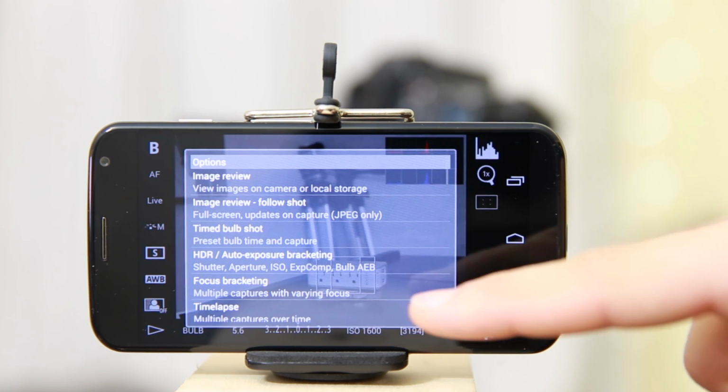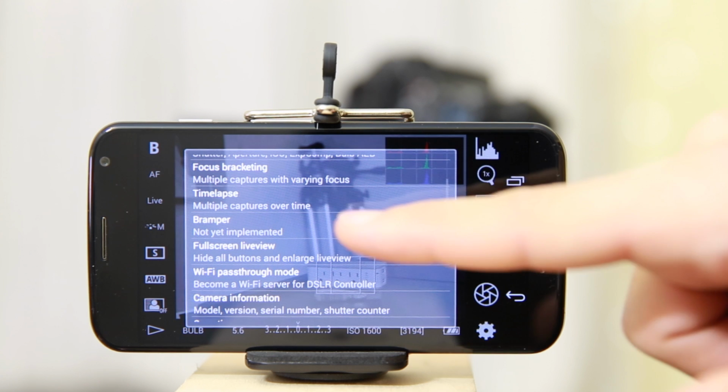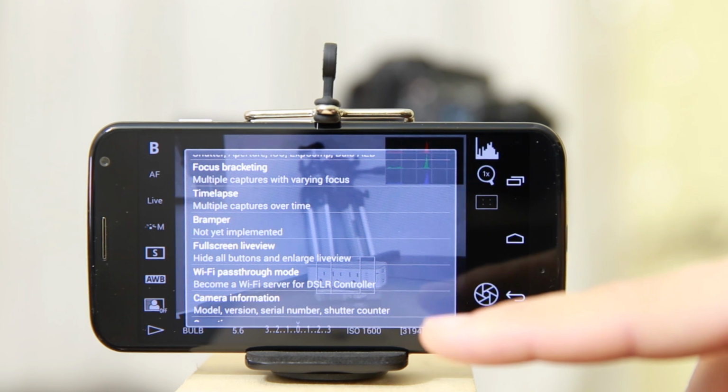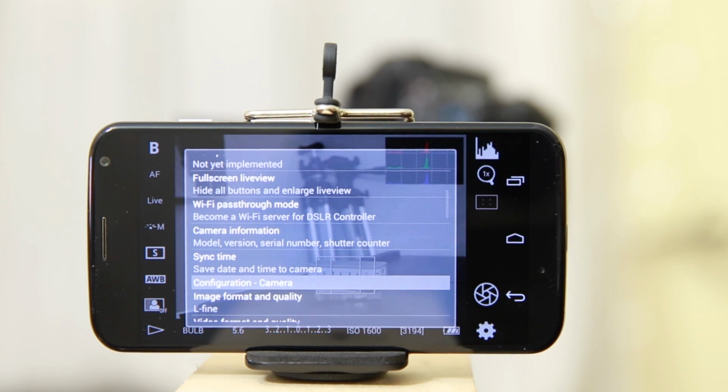And let's go back into the settings and look briefly at some of those time-lapse options. Bramper is very interesting, not yet implemented, but it is nice to think about that coming. That allows you to smoothly change the exposure over the course of a time-lapse. Very, very powerful. That is the best way to capture those sequences from dawn with the sunrise or the reverse,